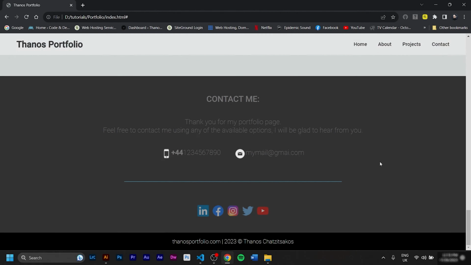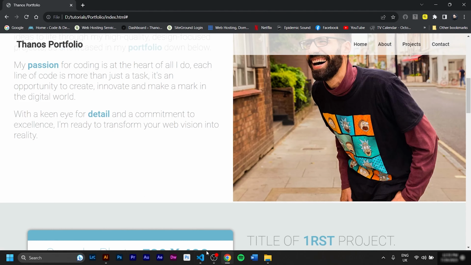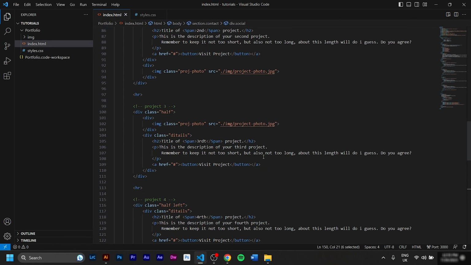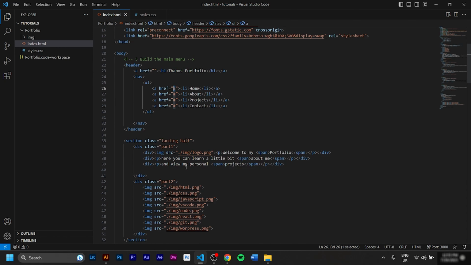So one thing we left behind is that these buttons are actually doing nothing. If I press them, they just bring me to the top and do nothing else. How are we gonna tell them where to take us? We'll go back to the HTML. We're gonna use the ID property. As you see, they have an href here that's just a number sign, which means it's empty.